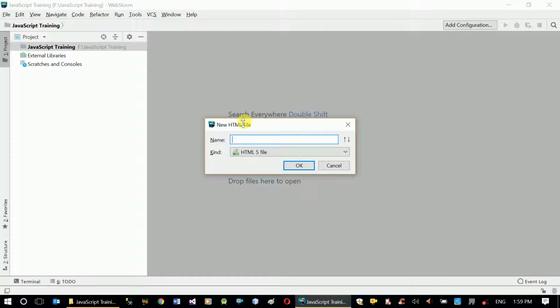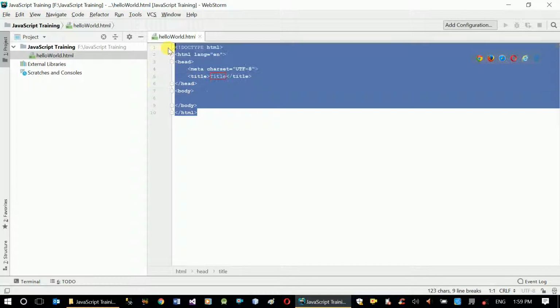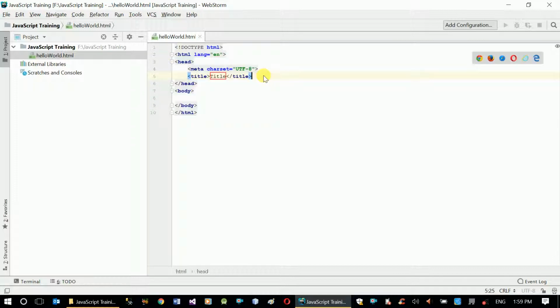Let's call it hello world.html. Okay, there you go. This is our new HTML file. All this startup data is populated because we are using WebStorm editor, and WebStorm editor knows every HTML file requires